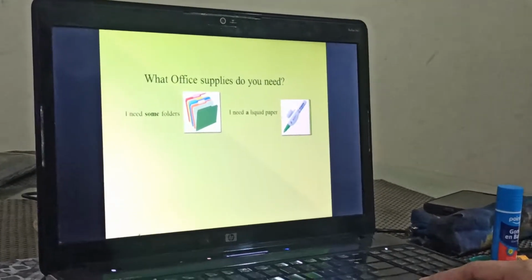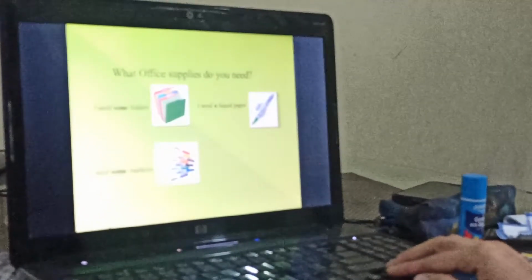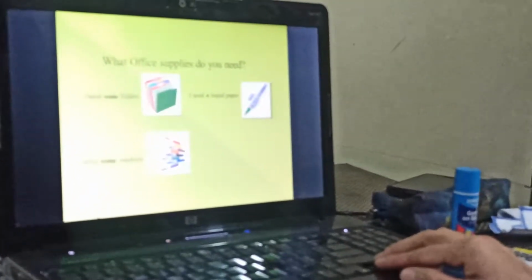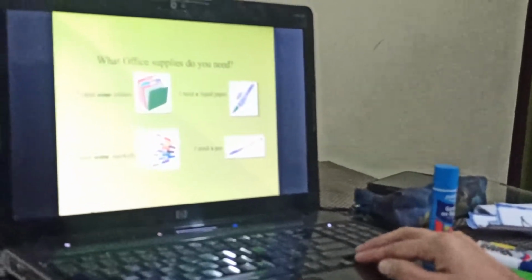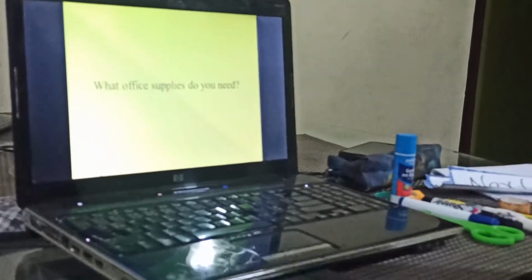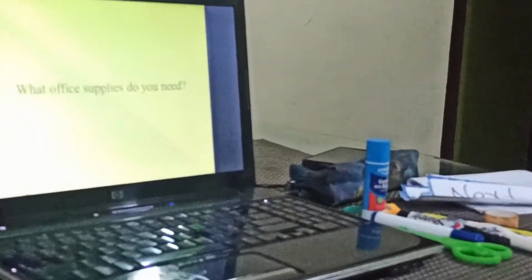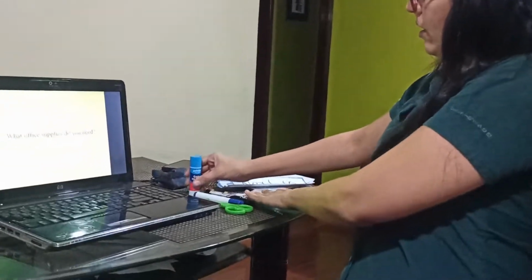What office supplies do you need? I need a liquid paper. I need some markers. Or I need a pen. Okay? Now I am going to ask the same question, but in this case, the students have to answer the question taking into account these office supplies which are on the table. Okay? For example,